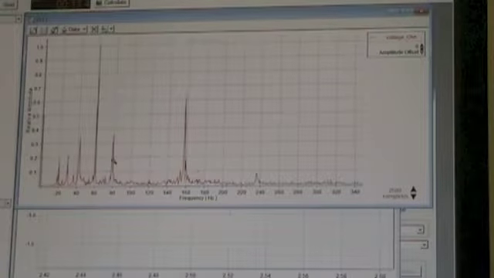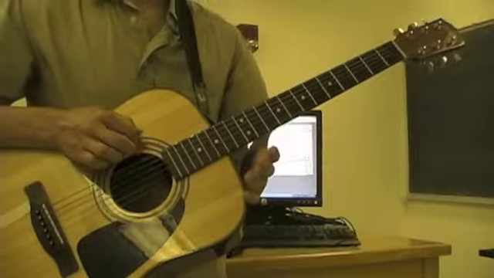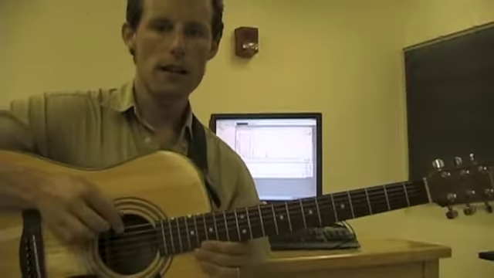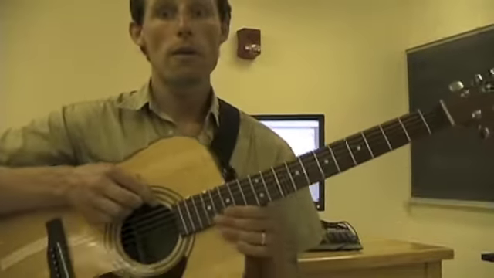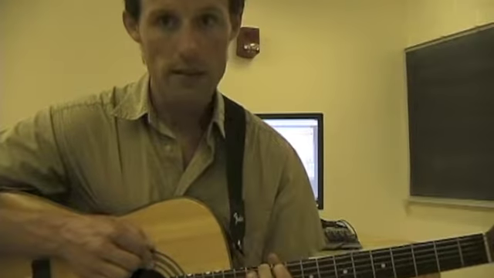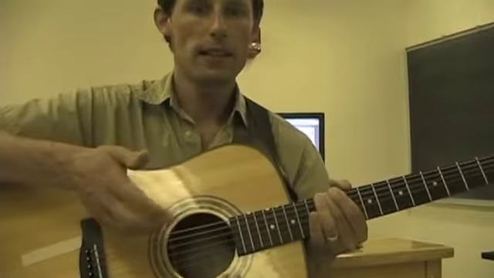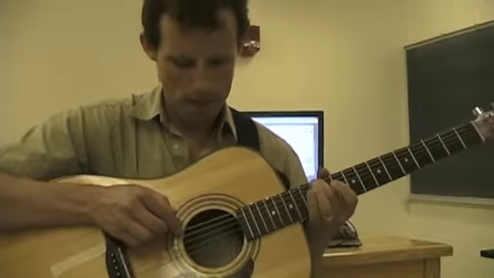Now, what would happen if, instead of striking the whole E string, which gave us 80 hertz, we strike the string at half its length? So instead of getting the whole string, what if I put my finger along it exactly at the halfway point? So halfway along the string is right here. We could measure it with a tape measure if we had one, but conveniently makers of guitars have marked their guitars, so right here is the halfway point. So if I strike the string there,